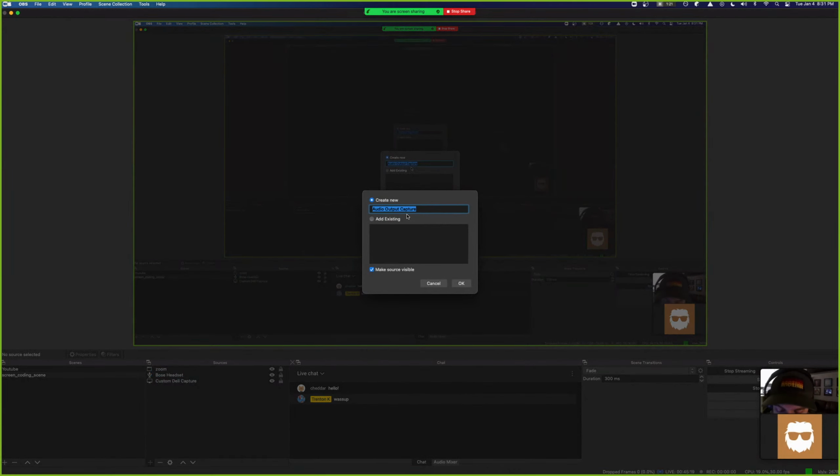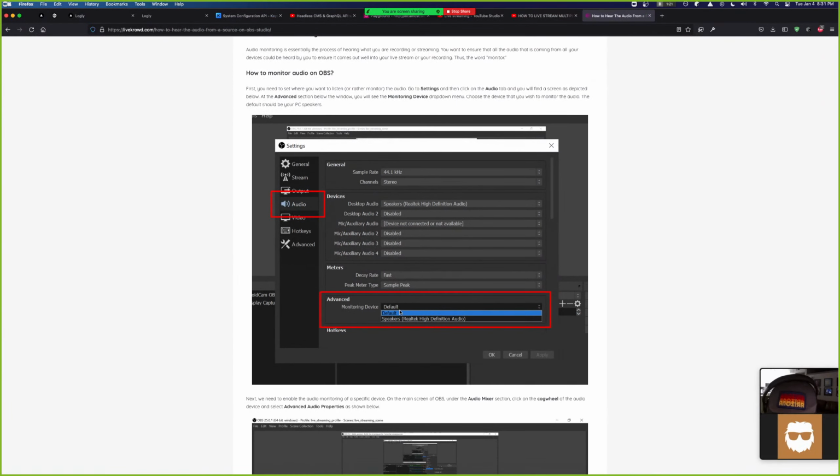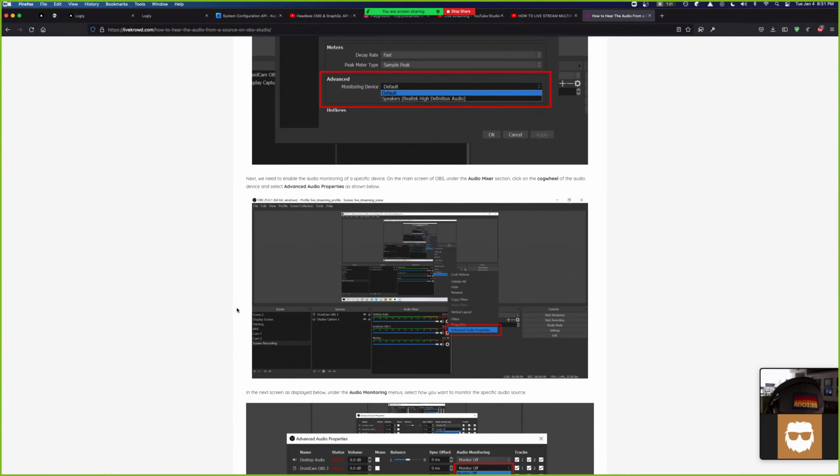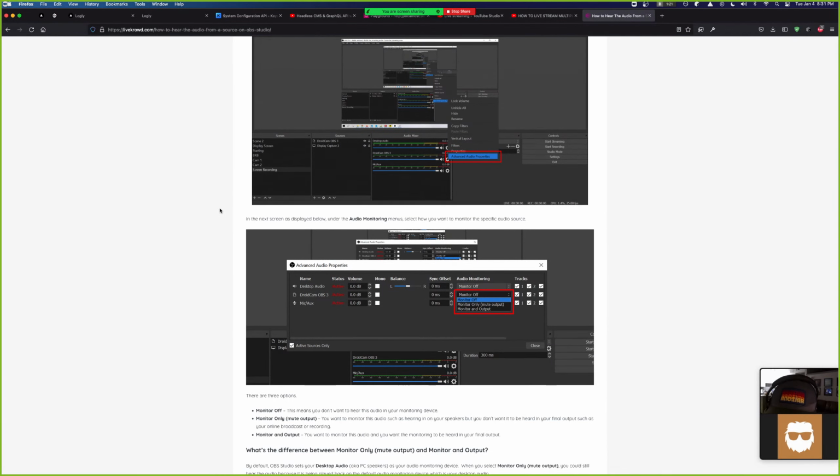Hold on. I added the default source. Next, we need to enable the audio monitoring of a specific device. On the main screen of OBS, under the audio mixer section, click the cogwheel. Oh man, this is difficult.